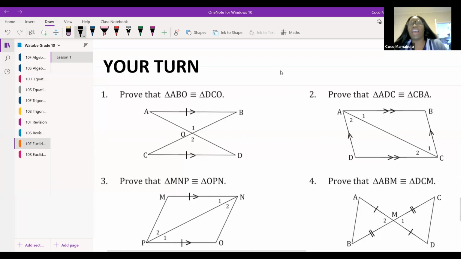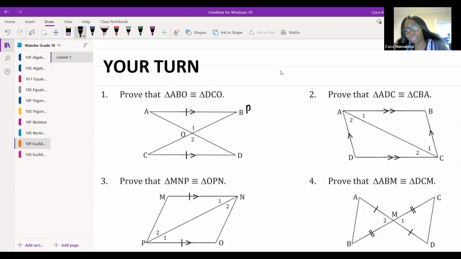Okay, guys, now have a look. Remember, guys, the order is very important. It says here, prove that triangle ABO is congruent to triangle DCO. So we need to follow them in that order. We need to start with ABO, close the triangle, and then DCO, close the triangle. Okay, now, first thing we're going to do, we're going to start by saying,